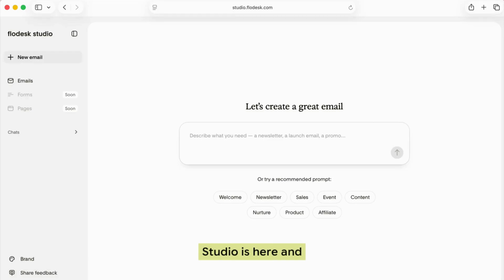Flodesk Studio is here, and I'm so excited to show you how you can basically create a newsletter in minutes. So all you have to do is go to studio.flodesk.com, and you're going to need a Flodesk account. Once you've created your Flodesk account, if you don't have one, or you can just sign into your existing one,